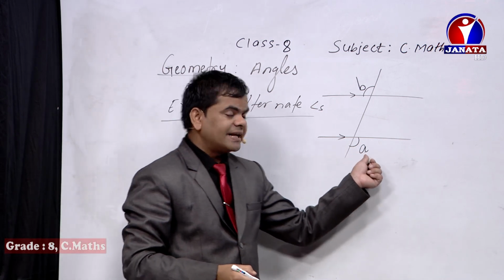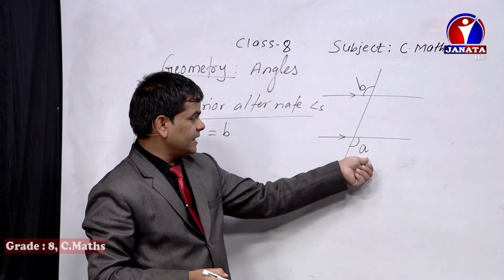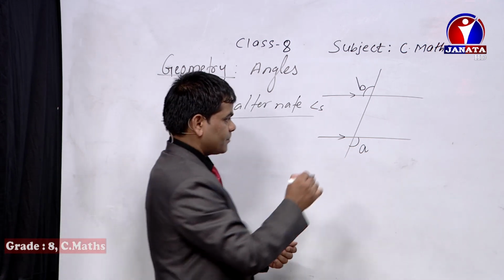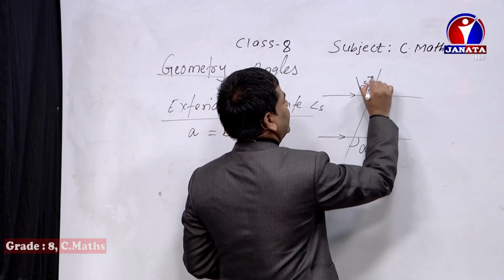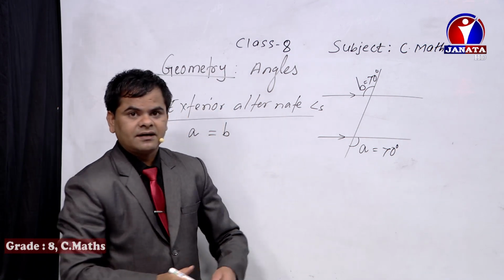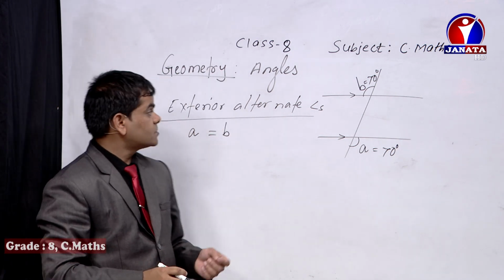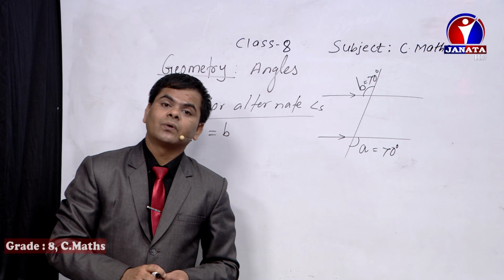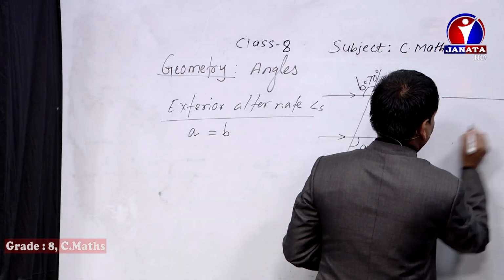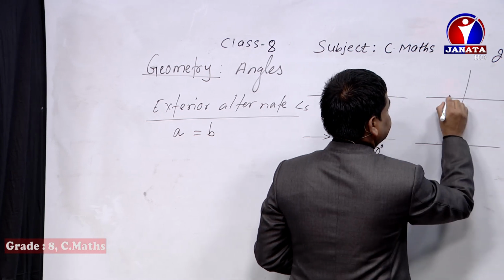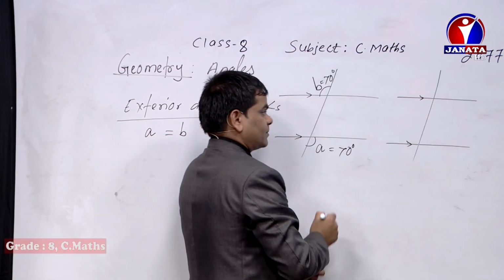If the measure of A equals, for example, 70 degrees, then directly we can write B also as 70 degrees, because the relationship between the two exterior alternate angles is that they are equal to each other. And dear students, in the bygone day I had talked about the interior alternate angle, isn't it? You might have already known. Also I am going to present it here.